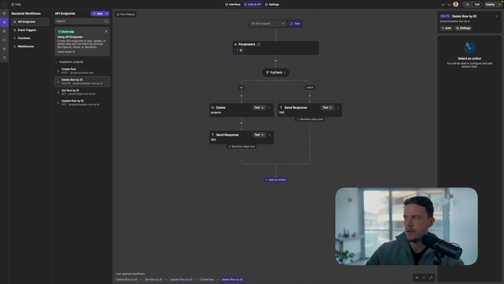And so if I open this security pop-up again, you can see at the bottom, we have the option to add middleware for more control. And in this case, we can utilize middleware to control if the person is allowed to delete the record they're